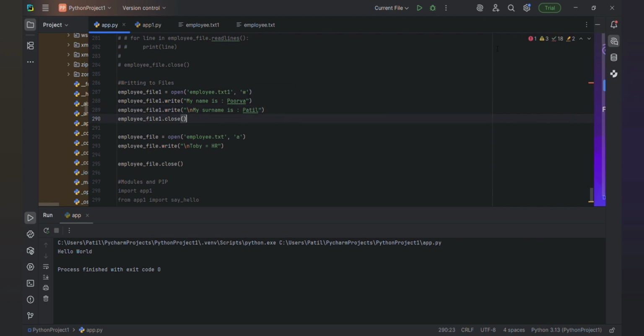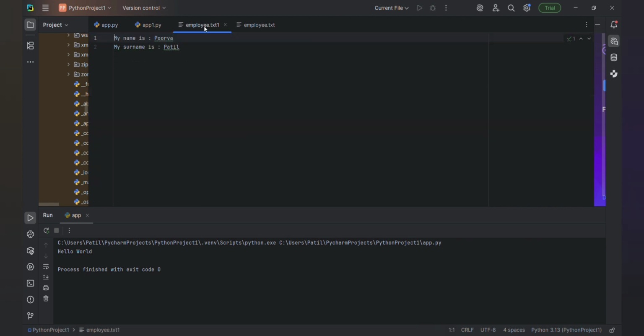So you just have to run this, and we are writing into employee1.txt. See here, first it is not there. After writing, it will come here. So you can write anything you want.